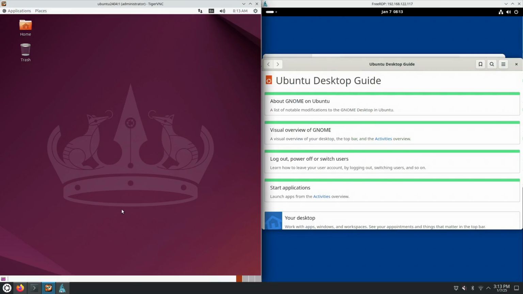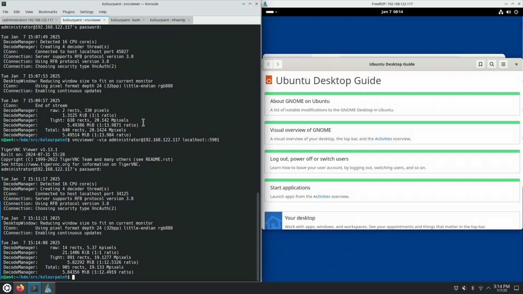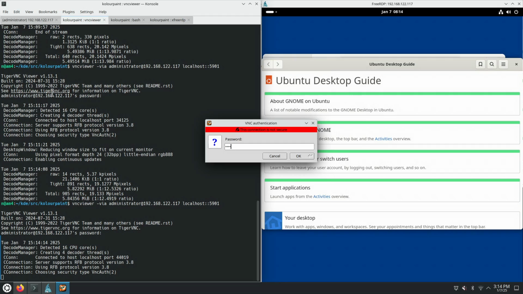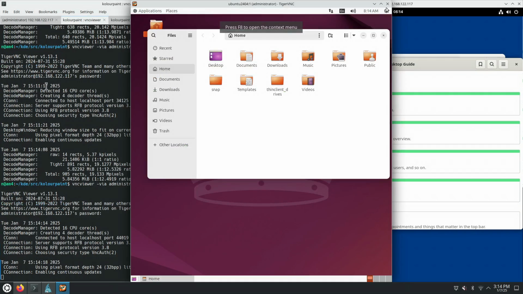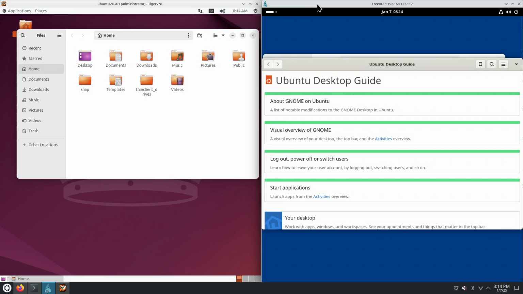Okay. Let's see if the same thing works. So we want to see if disconnecting the VNC client by just closing the Tiger VNC client window, and then reopening it, will remember the applications that were running. And yes, it does. So feature parity between the VNC protocol and the RDP protocol for now, in the sense that